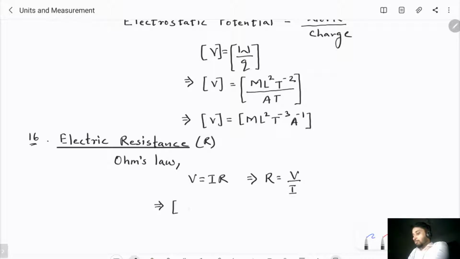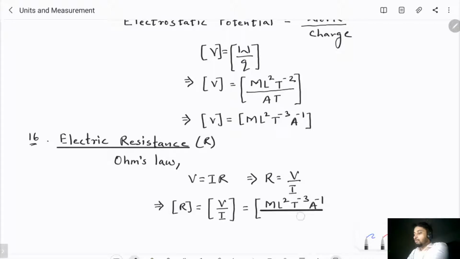So the dimensional formula for resistance will be same as the dimensional formula for V by I, where V is the electrostatic potential and I is the current. So for electrostatic potential we have already found, that is M L square T to the power minus 3 A to the power minus 1, divided by,